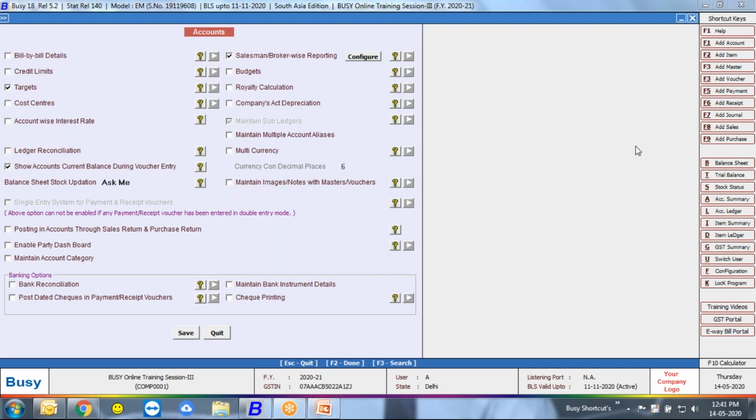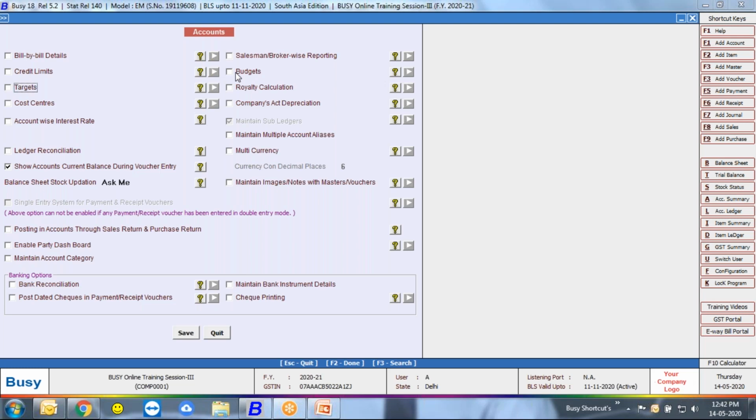Now the last topic for today is budget. Today's last topic is budget. So let's take a view. What is the use of budget and where do we use the budget feature? Budget means in every business organization, there is a practice of making budgets for their investments or their expenses on the basis of their last year performance.